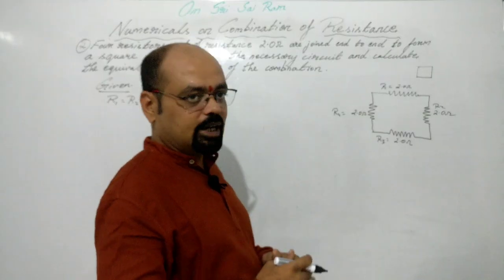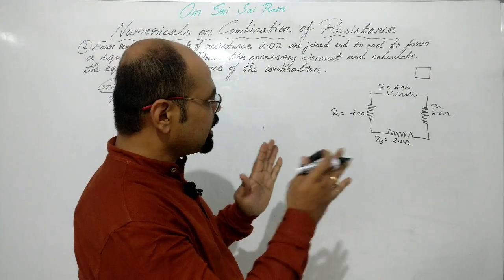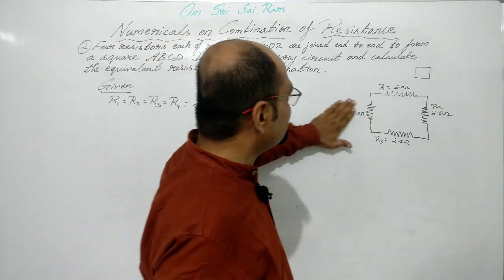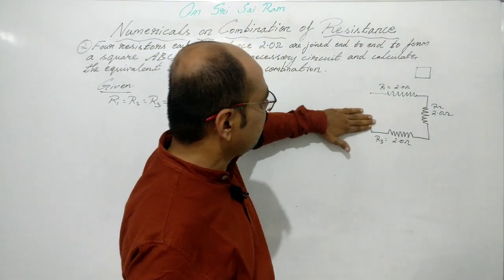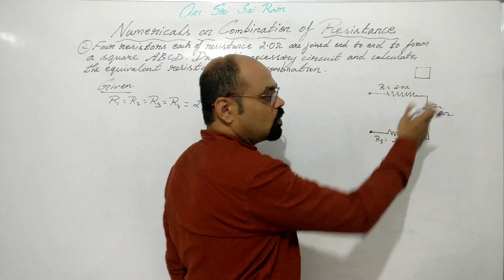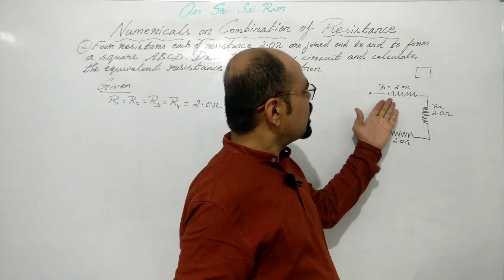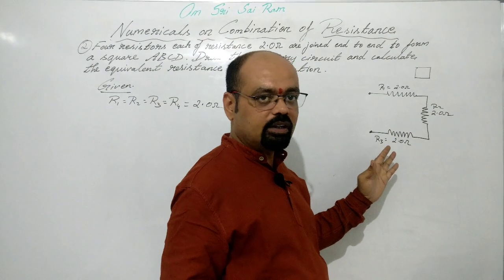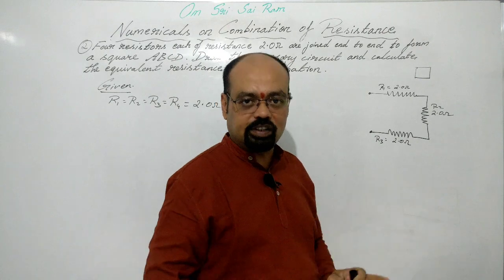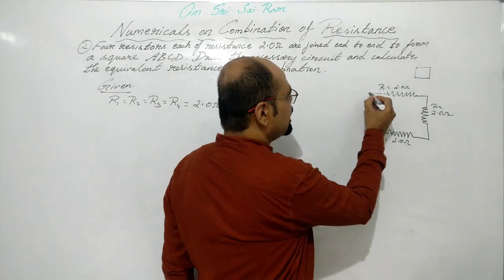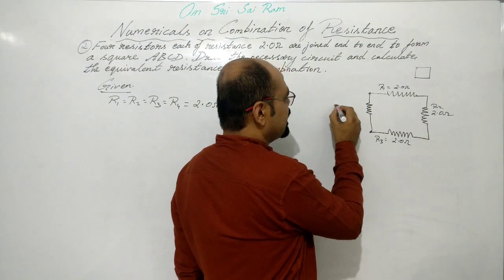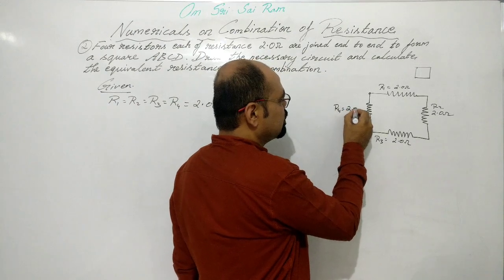Now, my dear students, let us see how we can decide whether we have to take parallel, which resistors are to be taken, all these confusions. So let's remove this part. Okay. If we see this connection, what type of connection do you find this? This is one behind the other, an end to end connection, right? So R1, R2 and R3 are connected in series. If we join a resistor here, this particular resistor, that is R4, is connected in parallel, right?